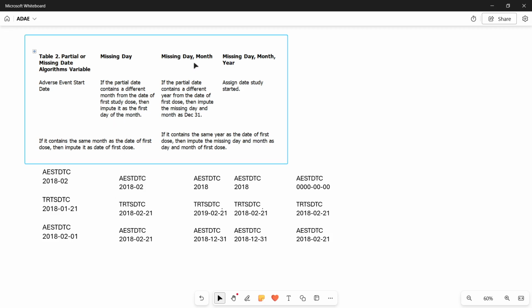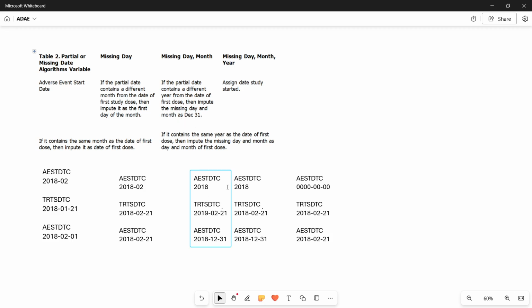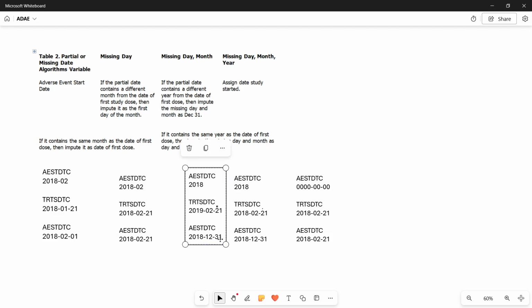Then if the partial date contains a missing day and month, and it contains a different year from the date of the first dose, then impute the missing day and month as December 31st. For example, here the month and date both are missing; if the year of this one and this one is different, then we impute it as December 31, because the years are different. If the years are the same, we will be considering